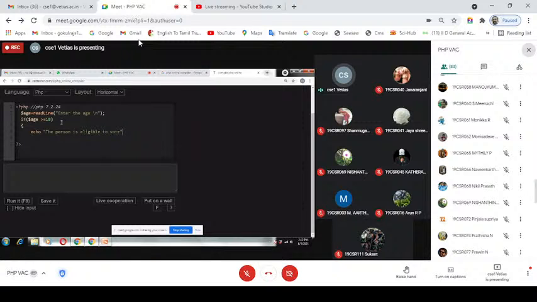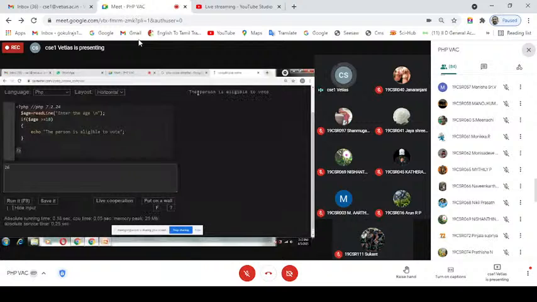Okay, then here is the closing of the if block and we can give the input here. So say for example, you can give the input as 26 and if you run, see here. So here the age is taken as 26 and it is checking for the age. Here the age is greater than or equal to 18, so the condition is true. So it will come inside this if block and then here that is the